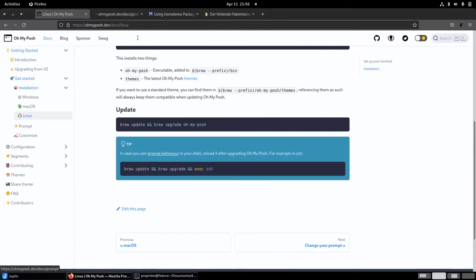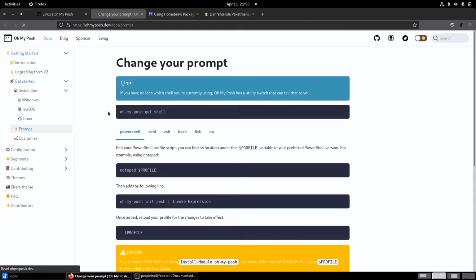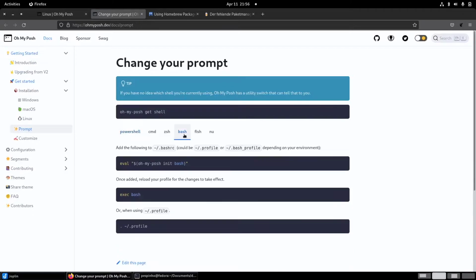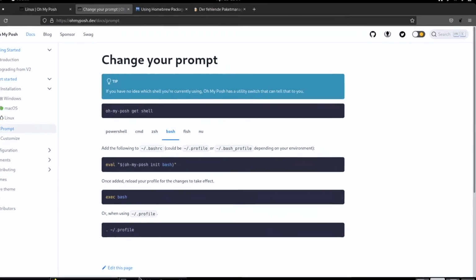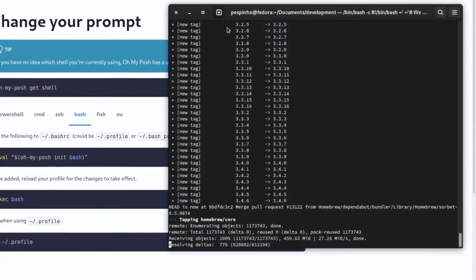Change your prompt. So we are at bash. If you have no idea which shell you're currently using, no, I have an idea. So okay, add the following to bashrc. I never knew what RC is for. Bashrc, okay, or the following to bash profile, depending on your environment. We could already open our